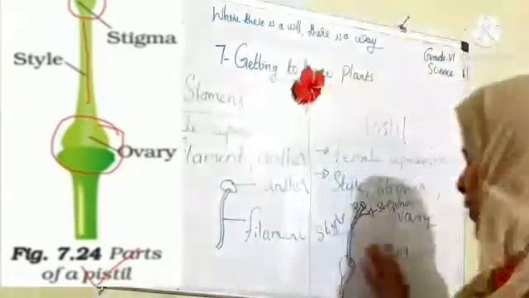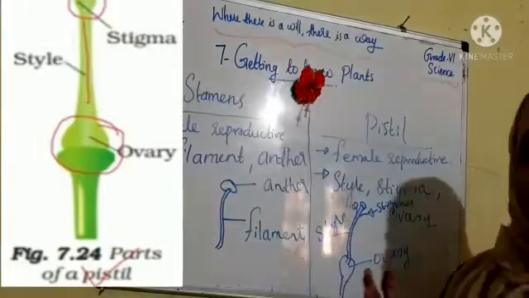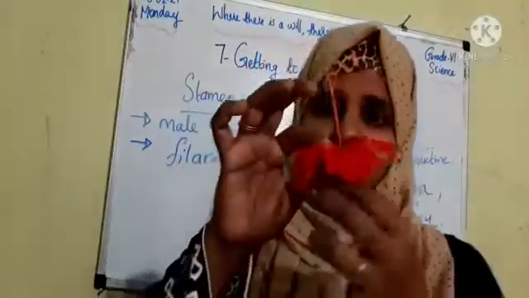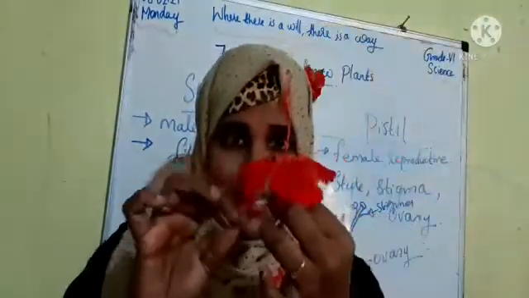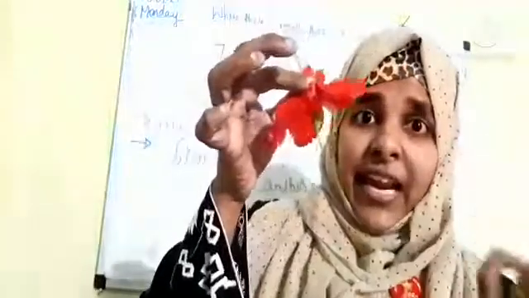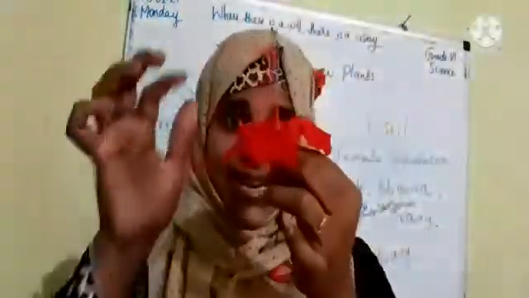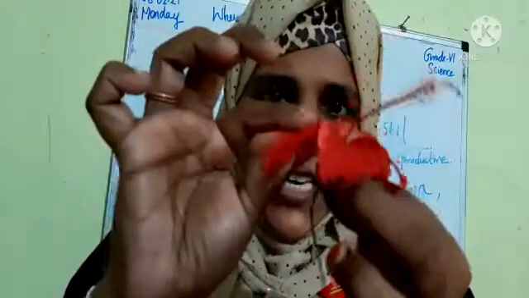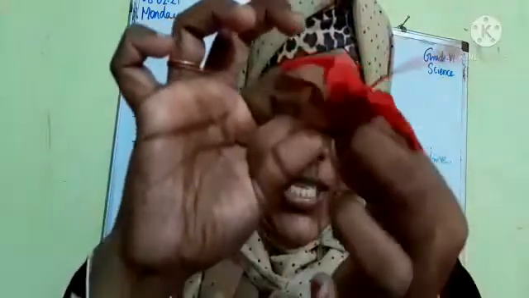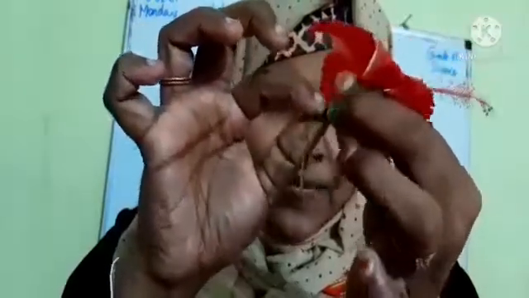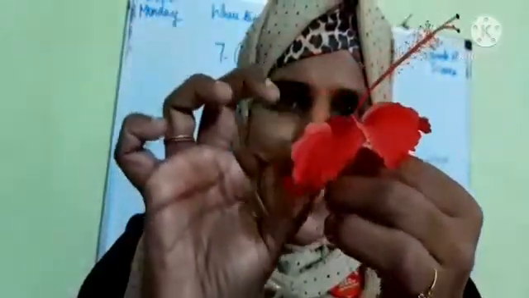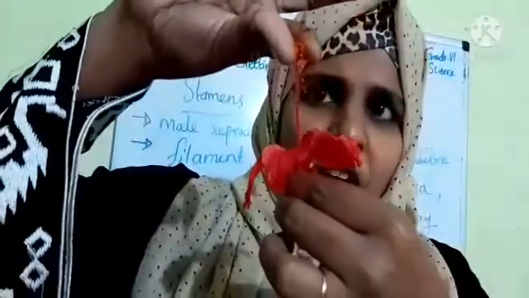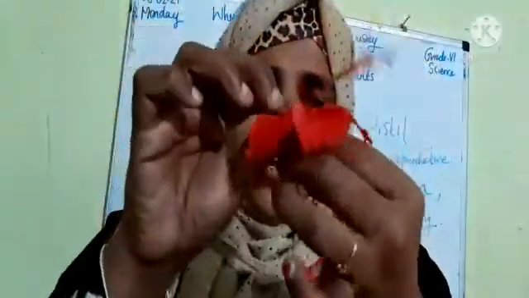Students, maybe you cannot understand what the ovary is here, right? We cannot see it. So I am going to remove all the sepals and petals from this flower. Then we can identify where the ovary is. Okay, let's start. Zoom your camera. This one is the sepal, right? This green part. Then these are petals. Then this is the pistil. Then these parts together we call stamen, right? So we can remove them one by one.